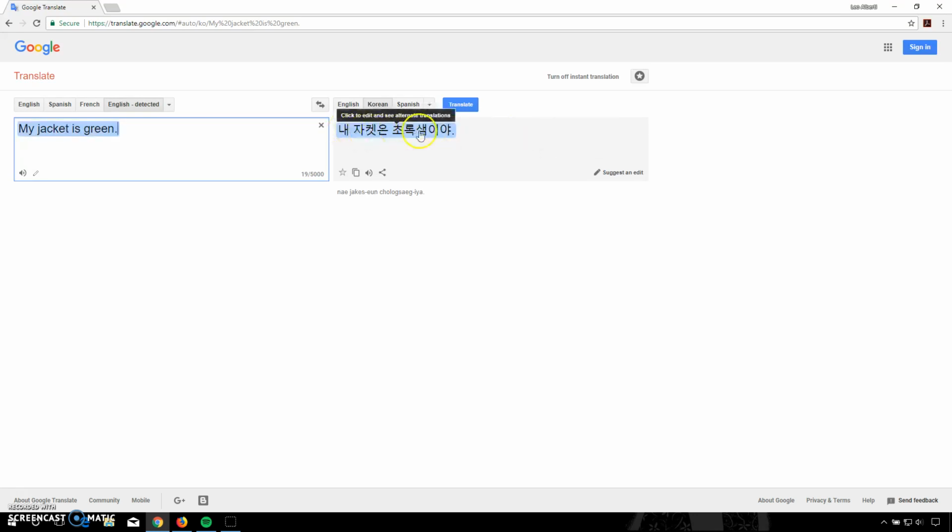there's my translation, and I also have the option to save it to my phrase book. I can copy it, I can share it, and I can click on this icon here to listen to it. 내 자켓은 초록색이야. At the same time, if I find text on a website and I'm not sure what it